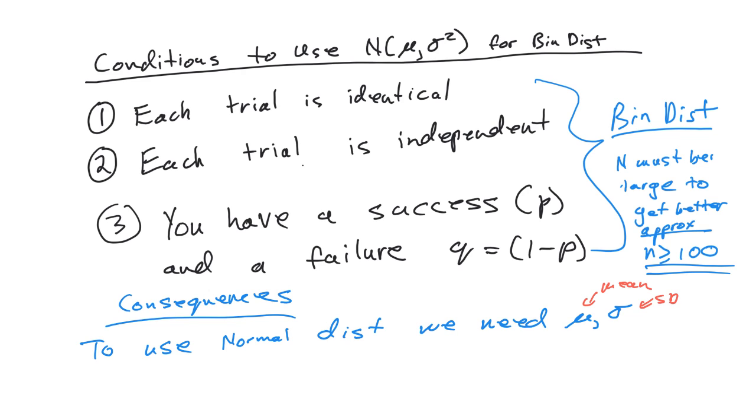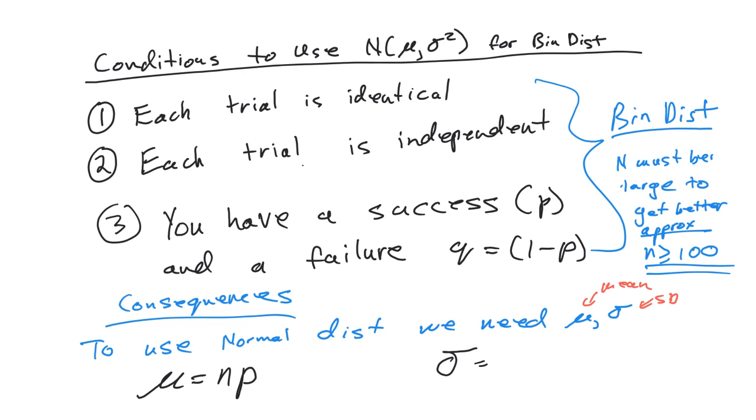Okay? So in order to calculate that using the binomial distribution, you're going to use this. Mu, I'm going to put it in black. Mu was equal to n times p from our binomial distribution, and our sigma,